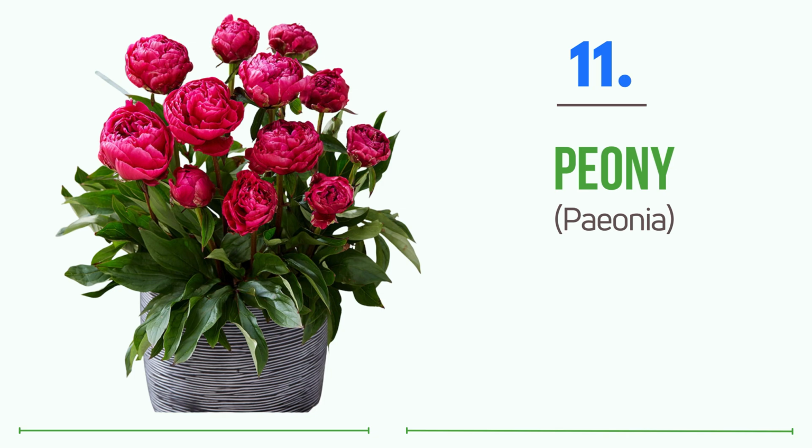What makes them a solid budget choice is their lifespan. Once a peony plant settles in, it can keep blooming for decades with minimal care. And when it flowers, it's pure magic. Layers of soft petals in shades of pink, white, or red that instantly lift any space. Even when it's not blooming, its lush green foliage looks elegant year-round. For beginners wanting a plant that's both affordable and timeless, peonies are a surprisingly low-cost way to bring a little